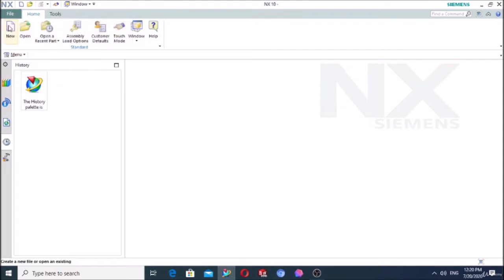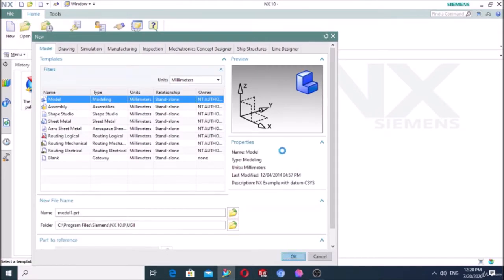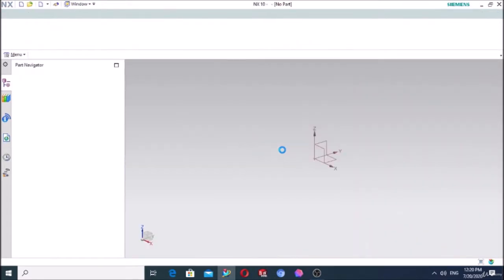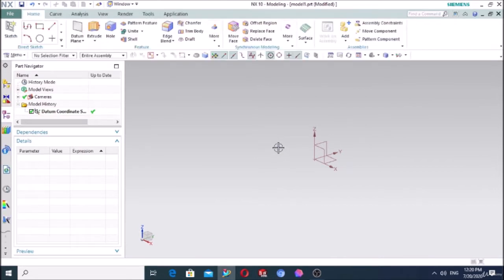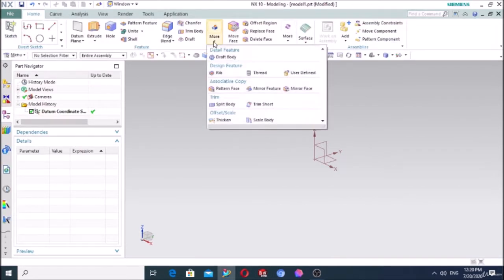Okay, today we will talk about, let's open the new file. Okay, today we will talk about several functions, like for example the rib function